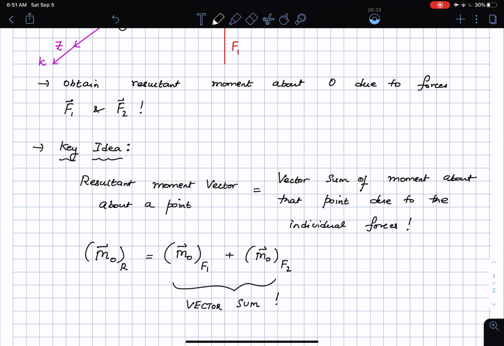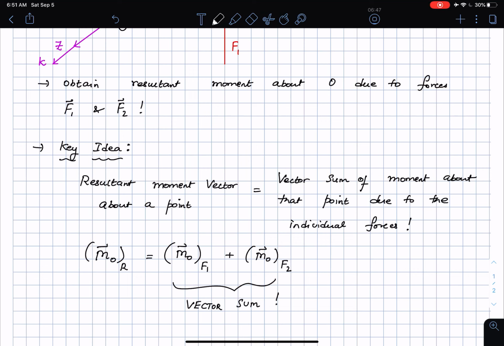When you're doing Cartesian 2D and 3D vectors, you're just taking vectors and adding them up vectorially, right? How do you do that? By breaking them up into components, and that's exactly what I'm going to be doing here, okay? But first, let me employ the following idea for that, okay? So first things first,